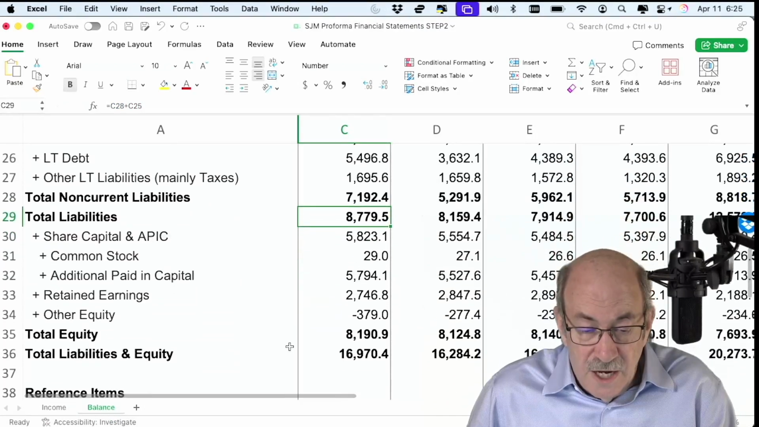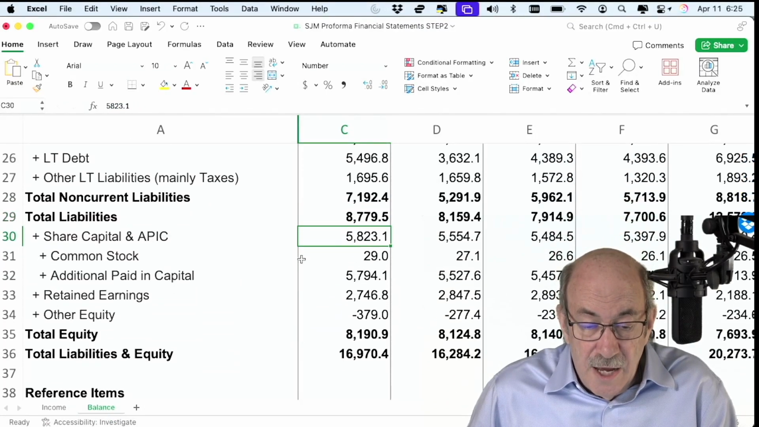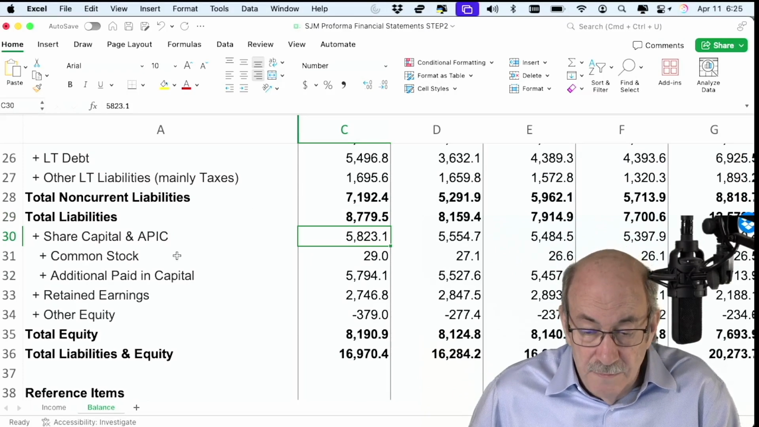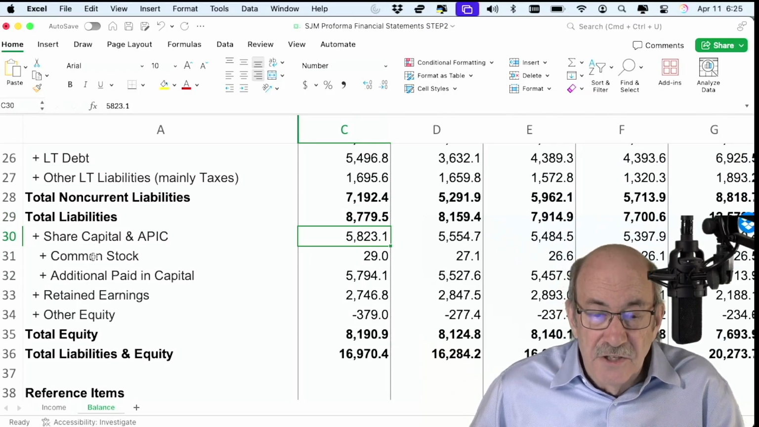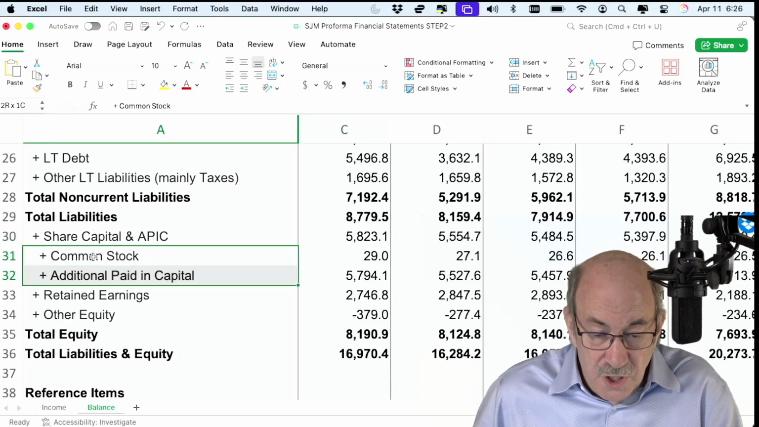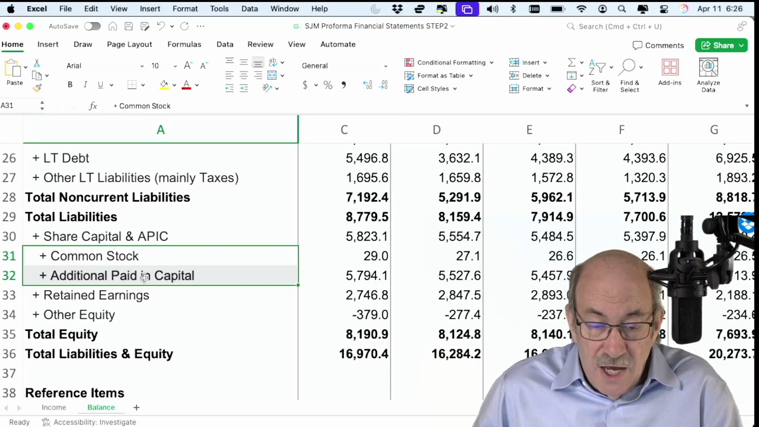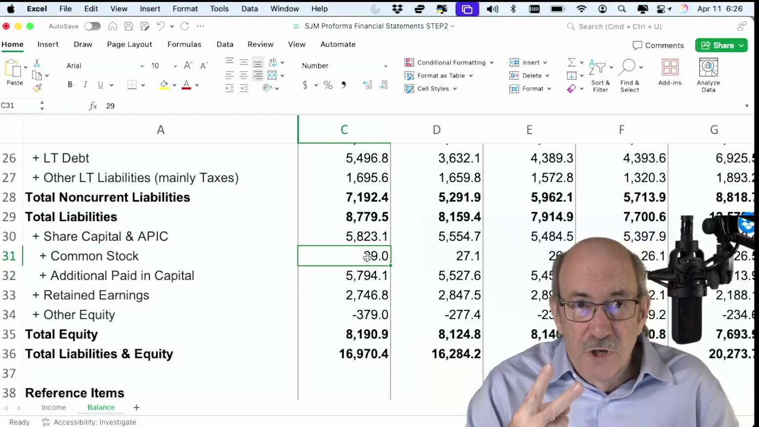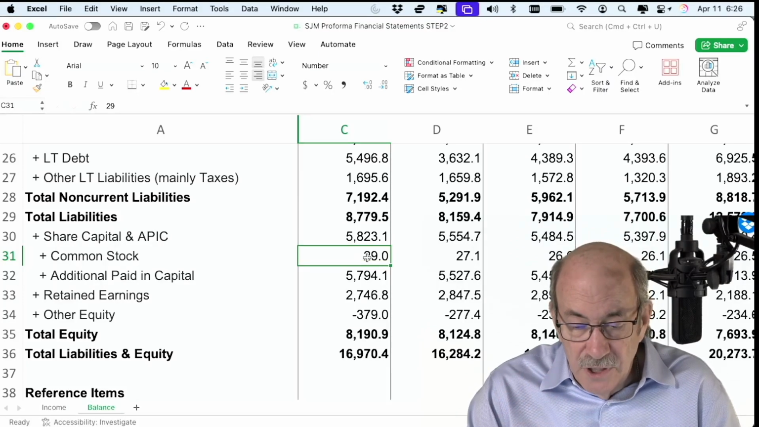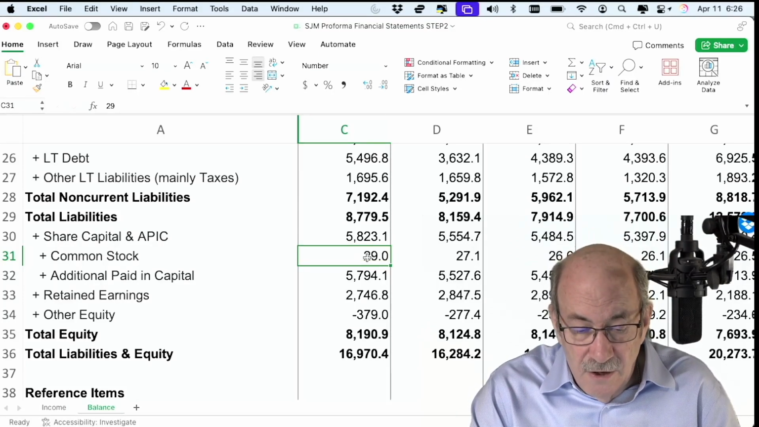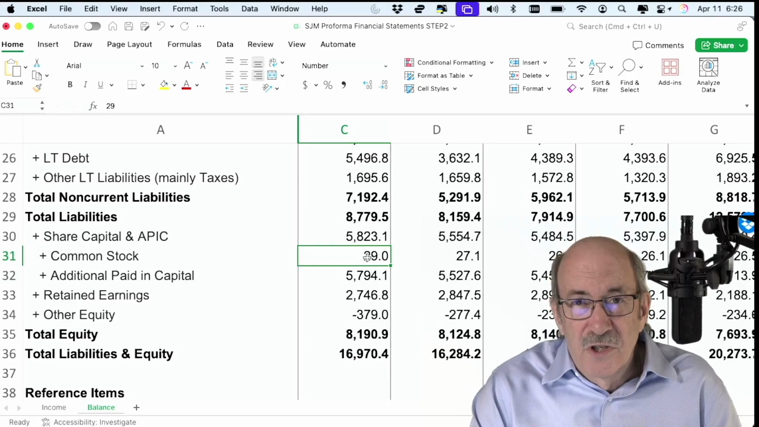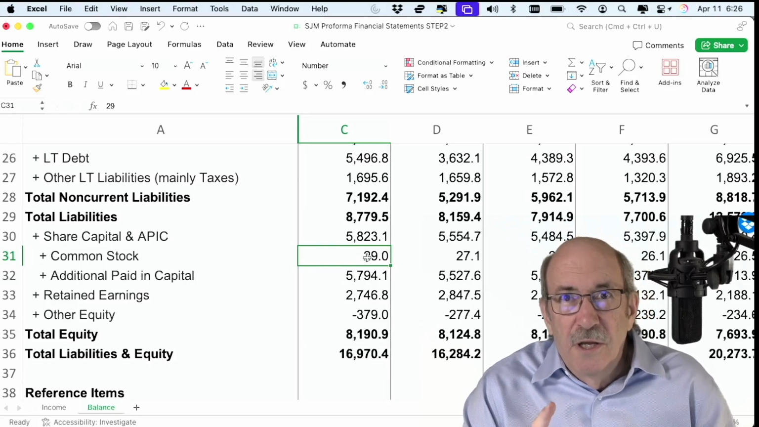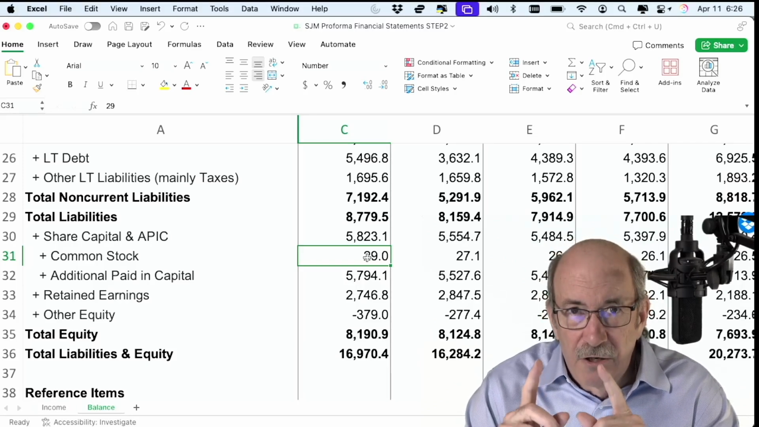Under equities, I have share capital and additional paid-in capital, which is actually a net of these two sub-accounts. So common stock and then APIC, or additional paid-in capital. The way that works is that every balance sheet that you see is going to have those two accounts, and they're going to be netted out into this net account. The common stock account is simply the par value per share times the total number of shares that are currently